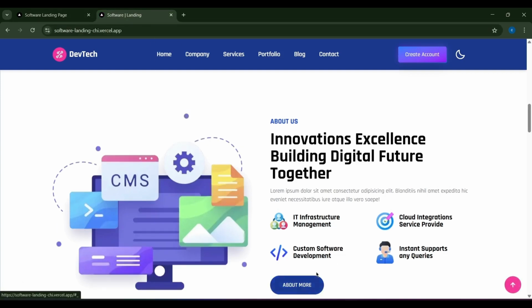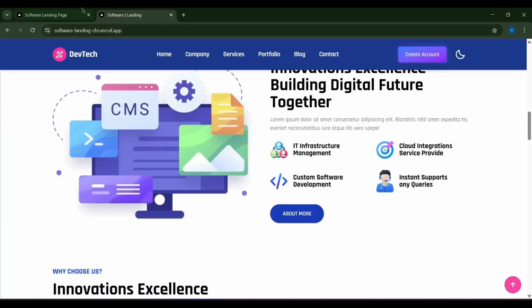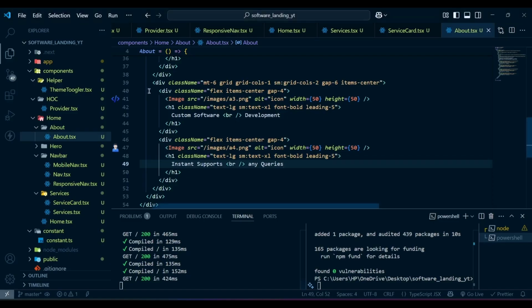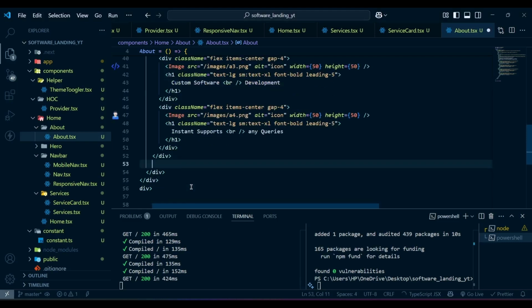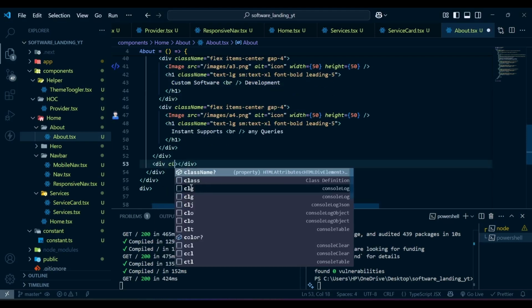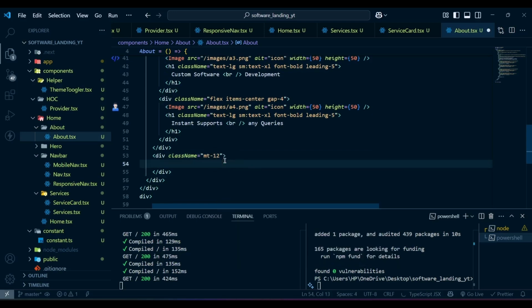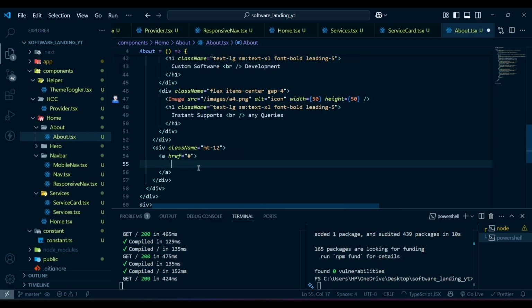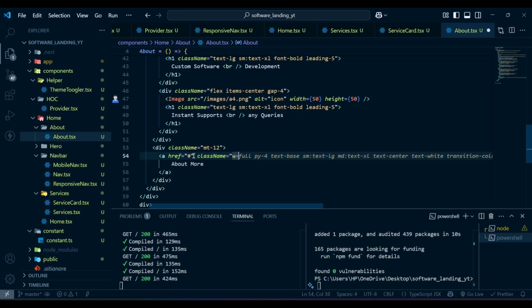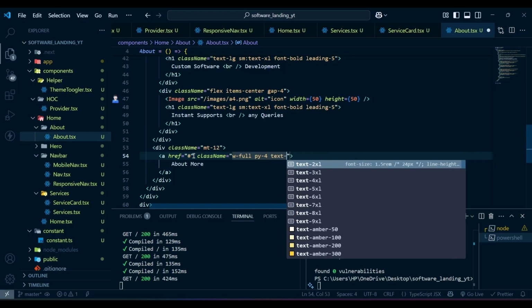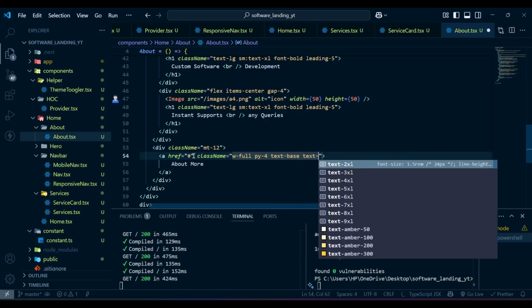Awesome. Next we have this about more button. So let's go to our project. After this div, we have another div with class name of margin top of 12, and then inside this div we have an a tag with the href of hash, and the text is about more, and this one will have a class name of w-full, py will be 4, text will be base, text will be center,